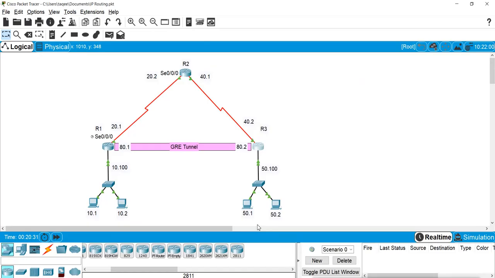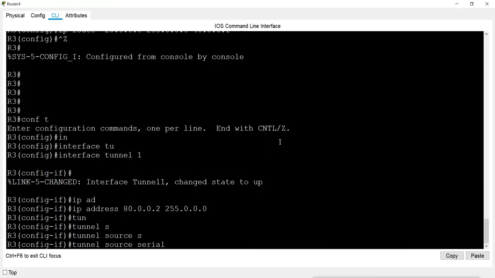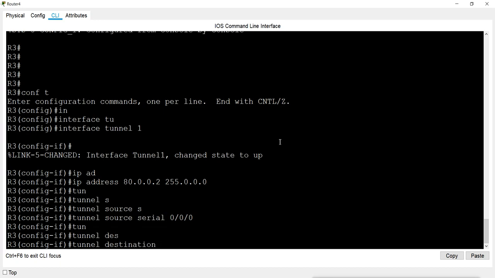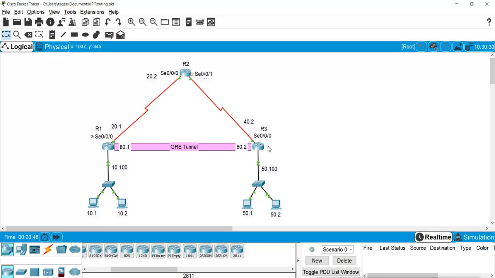Now for this router 3, this will be the source, this interface, which is serial 0/0/0. Then tunnel destination, where the tunnel will end. So for router 3, the tunnel will end on this 20.0.0.1 of this router 1.